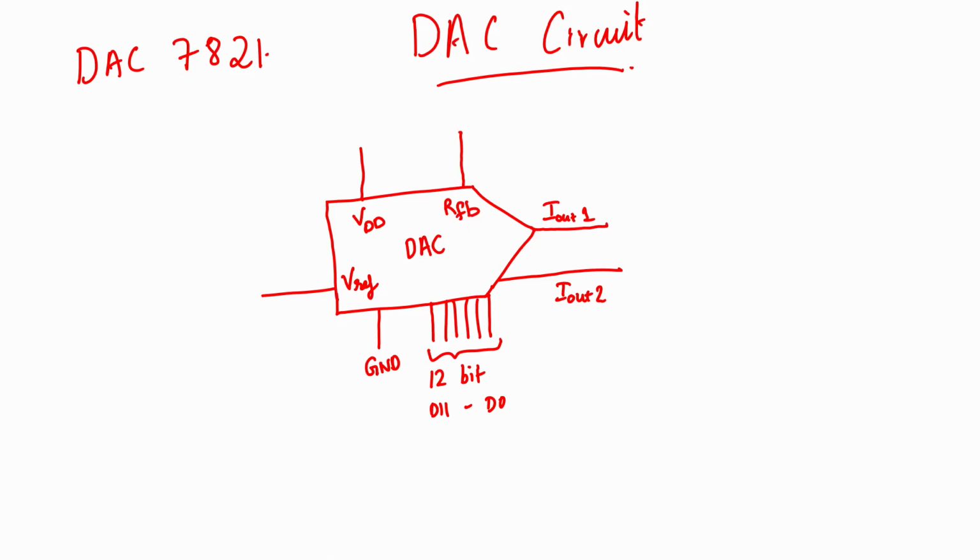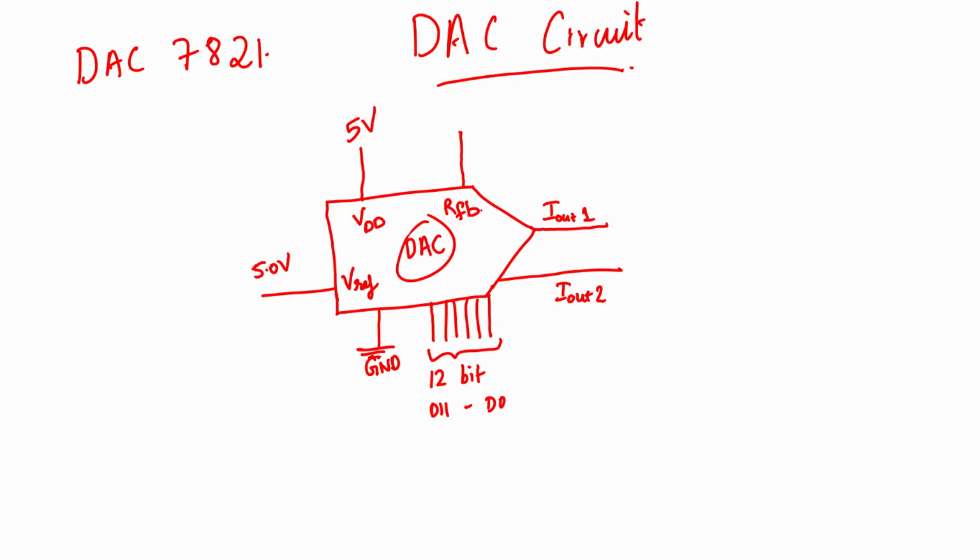Now we know that if we give sufficient supply voltages, ground it here, give a reference voltage, let us say 5 volt, and give supply voltage because this IC works on 5 volt, and then we give input, we would get some output provided we have given sufficient feedback. So what is this feedback resistor?